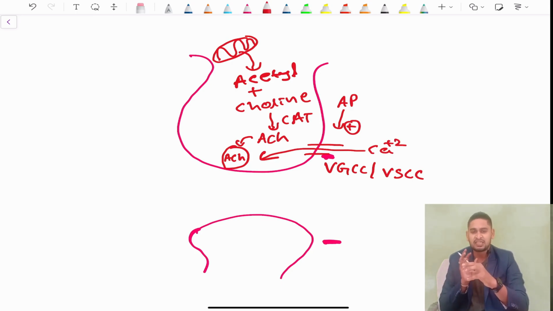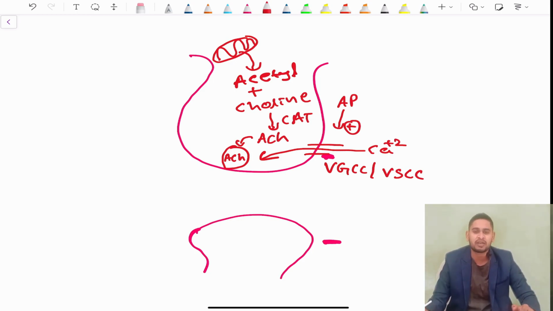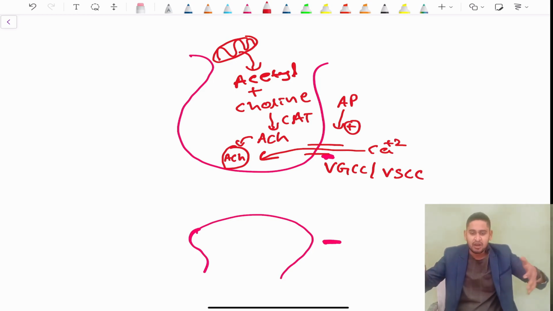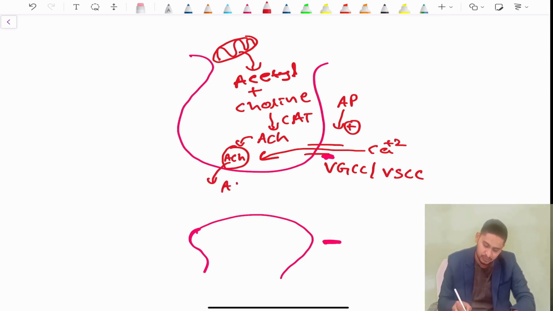When calcium enters the presynaptic nerve, the storage vesicles, which are made up of protein, will get contracted. After contraction of the storage vesicles, the acetylcholine stored in them is released into the synapse, and this acetylcholine acts on particular receptors, the cholinergic receptors, that is, M receptors, muscarinic receptors,